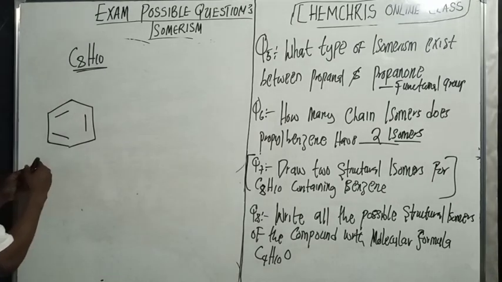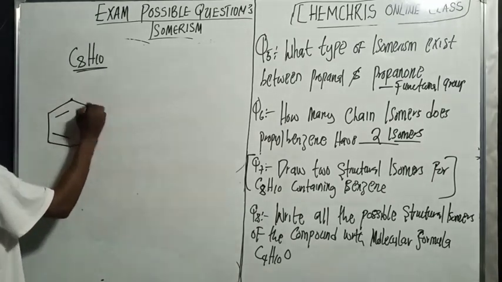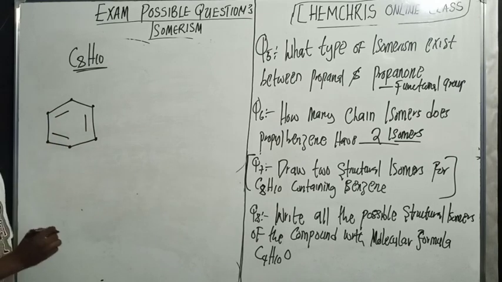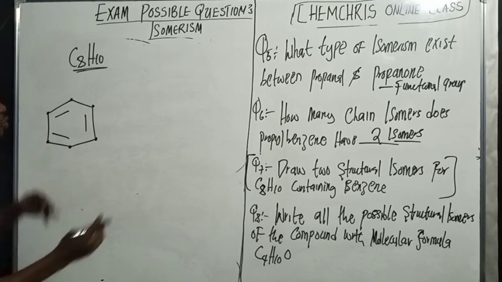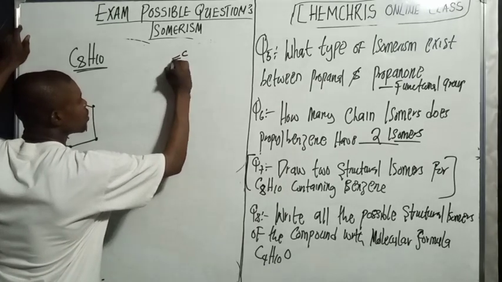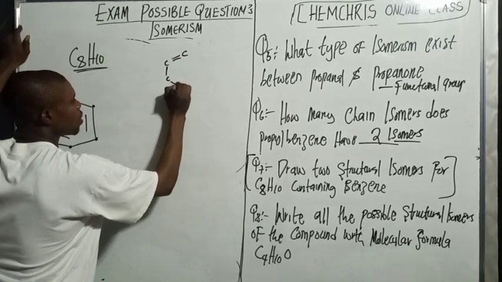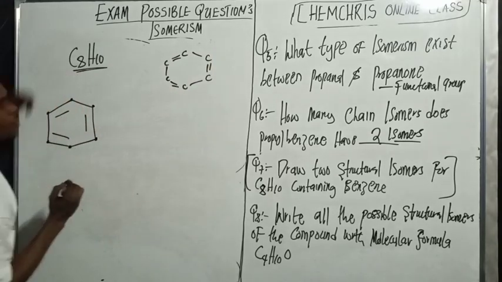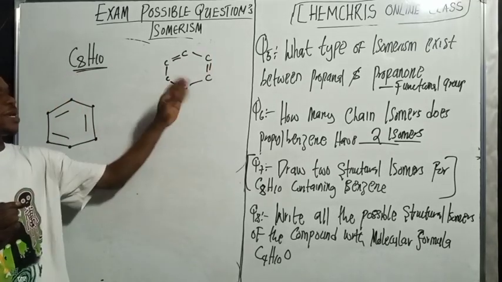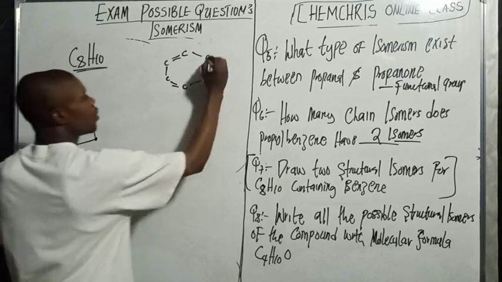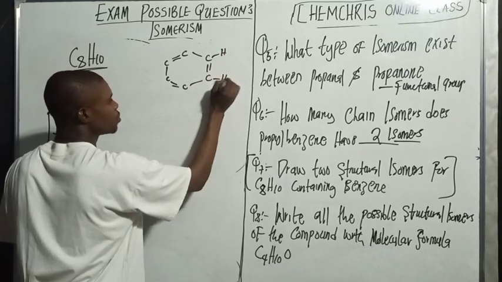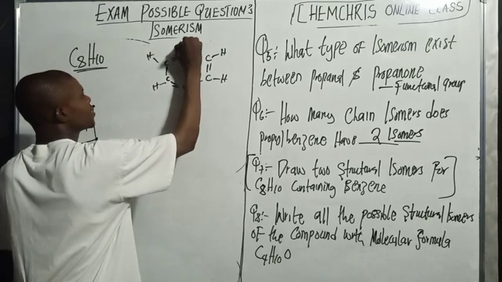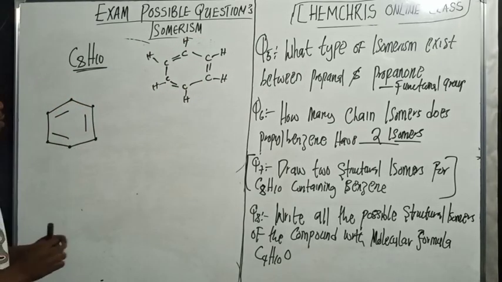Now, benzene itself contains 6 carbon atoms: 1, 2, 3, 4, 5, 6. Right? It contains 6 carbon atoms. So this is how benzene looks like. Now let's place the hydrogen. If I place the hydrogen here, we have 1, 2, 3, 4, 5, 6. Again, remember here we have